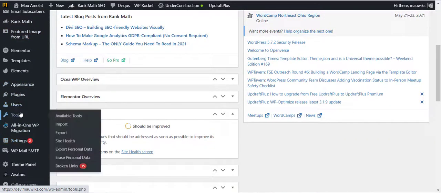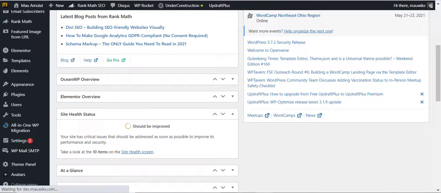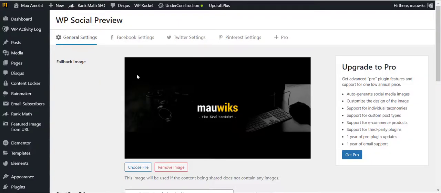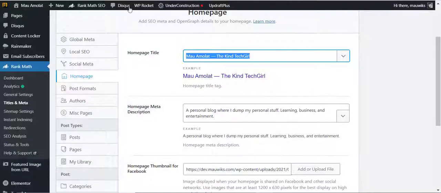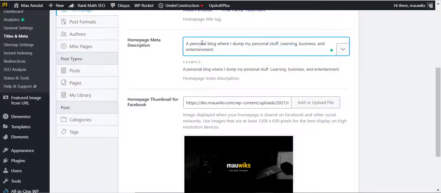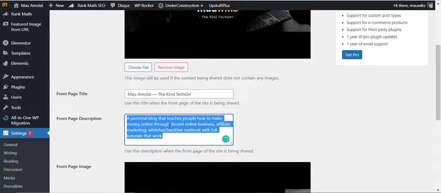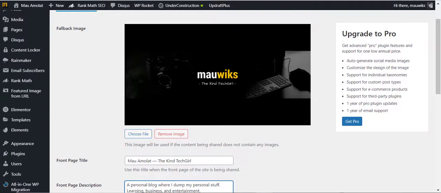So I will also, the same thing, use the WP Social Preview plugin. I'll just copy this one and this two, and then